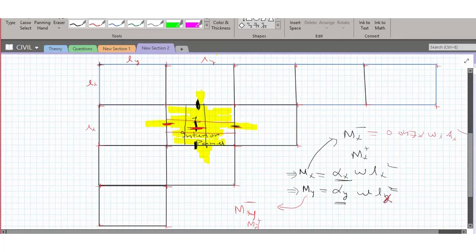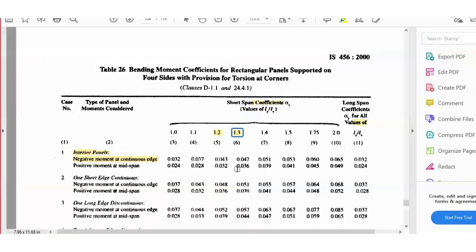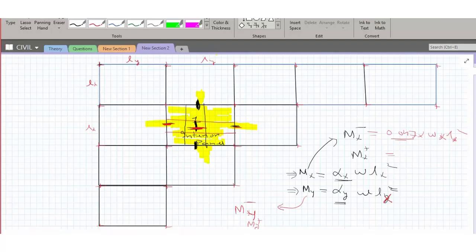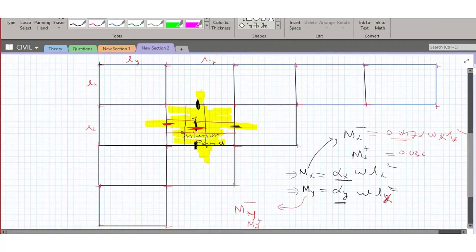This has to be Lx square. So Mx negative will be 0.047 into w into Lx square when Ly by Lx is 1.3. Similarly, for Mx positive, you can refer to the code, you have 0.036. So it will be 0.036 into w into Lx square. So you can get Mx negative, you can get Mx positive.